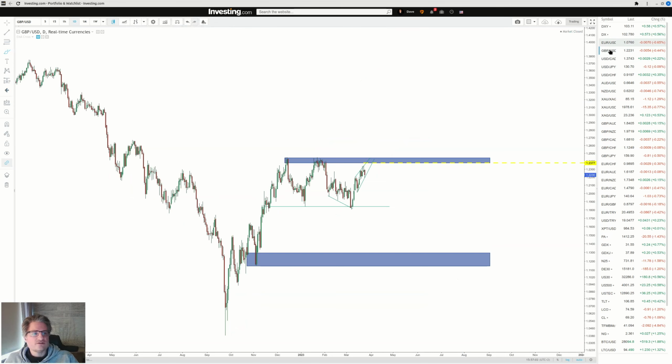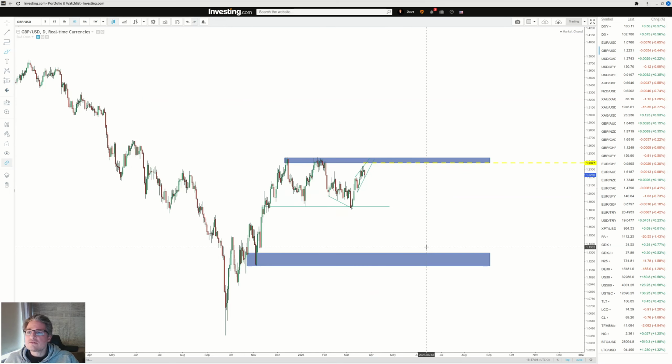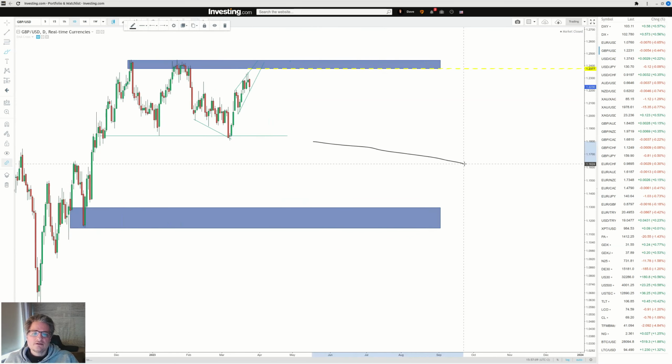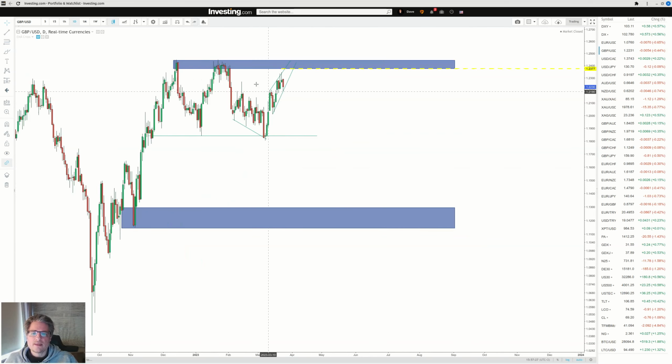Looking at the British pound against the dollar, let's see, we're on a daily. Let's just go and remove that and take this one. So here I've plotted out this supply zone and demand zone that we already had in the forecast of last week. We have this support here, and we basically are correctively moving to the upside here in this channel